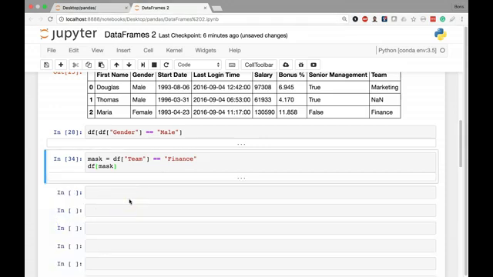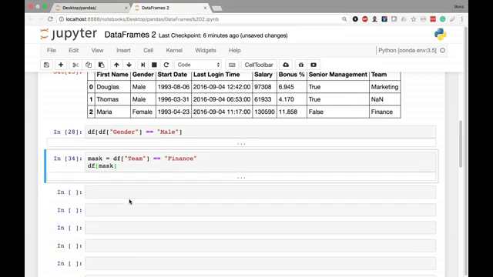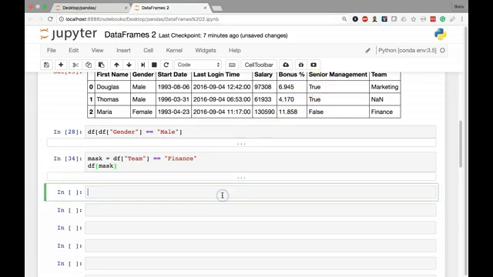Let's do another example, and this one is going to be a little bit trickier, but if you're smart, you can figure it out pretty quickly. Let's say I want to extract the rows from our senior management column where we have a true. So wherever we do have a senior management employee, so things like this, I want to extract these rows. If I begin by pulling out my senior management column,